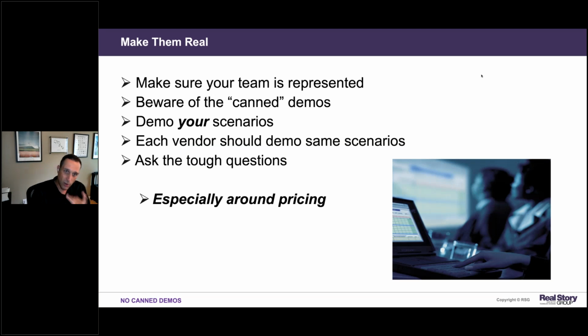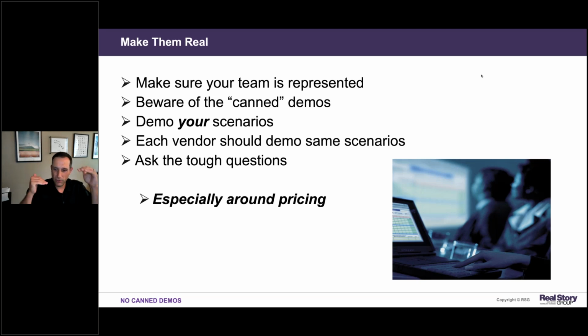So no canned demos. Make sure your team is represented at every demo. Nothing kills a demo more than if someone attends two of the three demos in a demo week. You want to make sure everyone attends each one and gives everyone a fair shot.